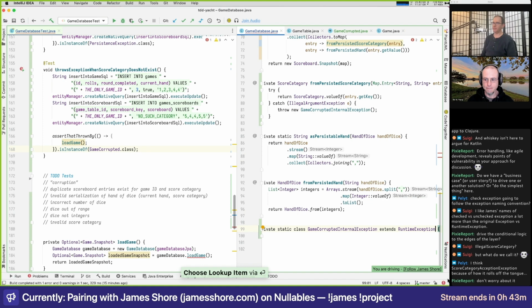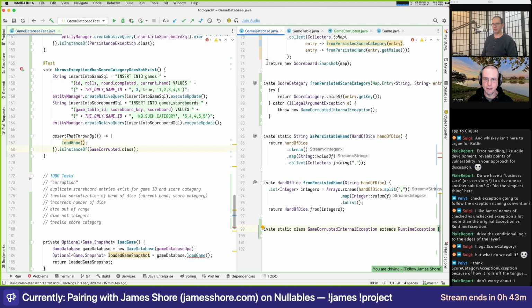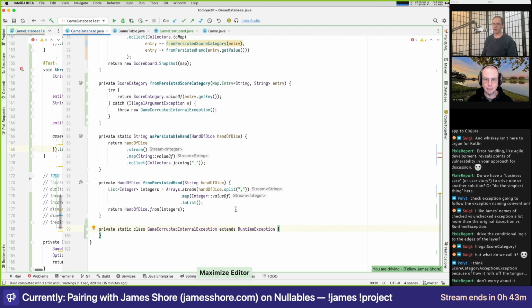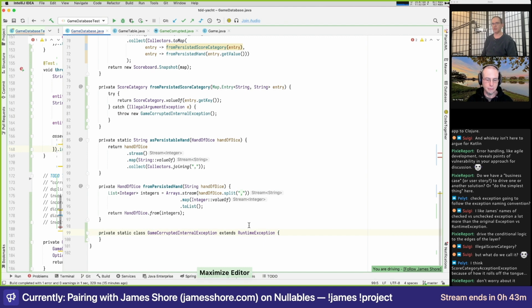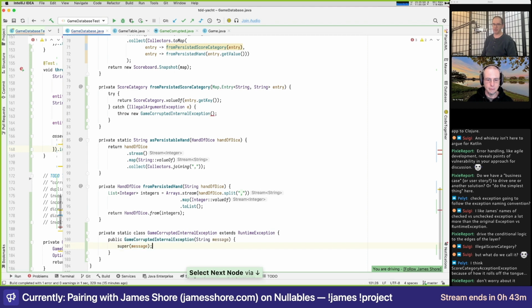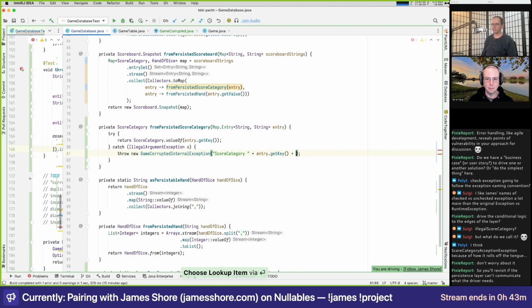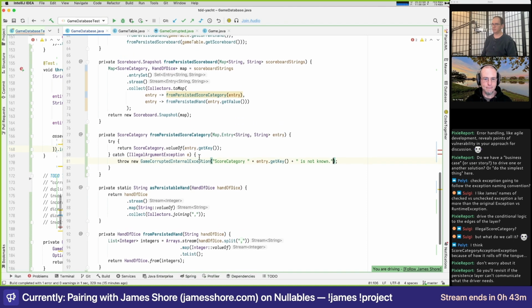Hold on. Just to answer your questions earlier, Pixie, about the business case, what we're implementing as persistence, we're doing this sort of bottom up rather than top down. So we don't have anything that's using this code yet. But ultimately what's going to happen is we're going to have something in our application layer that's going to be saving and loading the games. Yeah, we'll refactor if necessary, Pixie. Okay, so that's that.